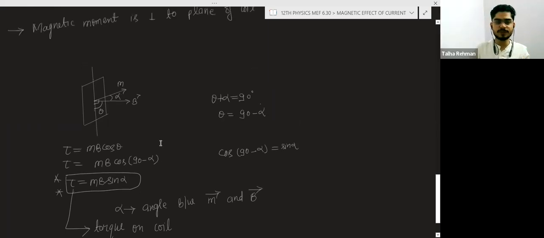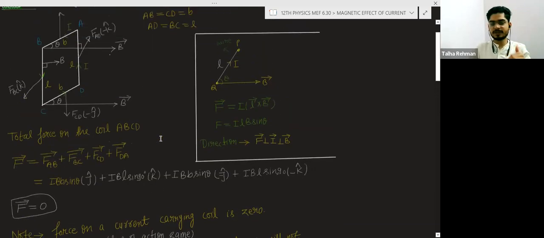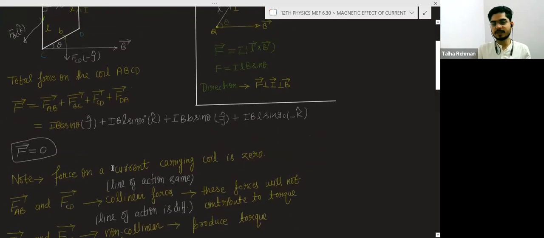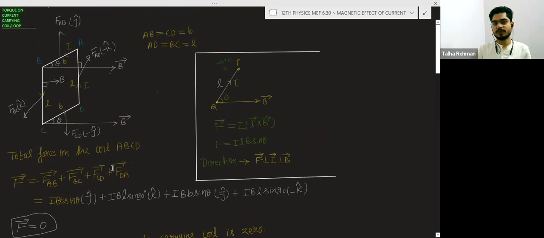If you have any confusion, for this derivation you have to practice this at least 2 times and try to do this derivation by yourself. And if you are not getting the direction and all that, when you try it by yourself, then definitely you will get how the direction of the force on AD is this, how the direction of the force on CD is this. Okay. I am just applying the rules that I have already told you. So I am applying the right